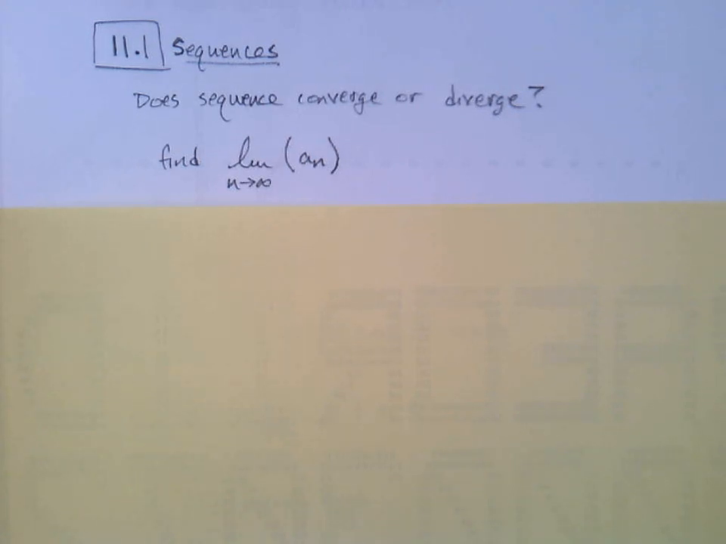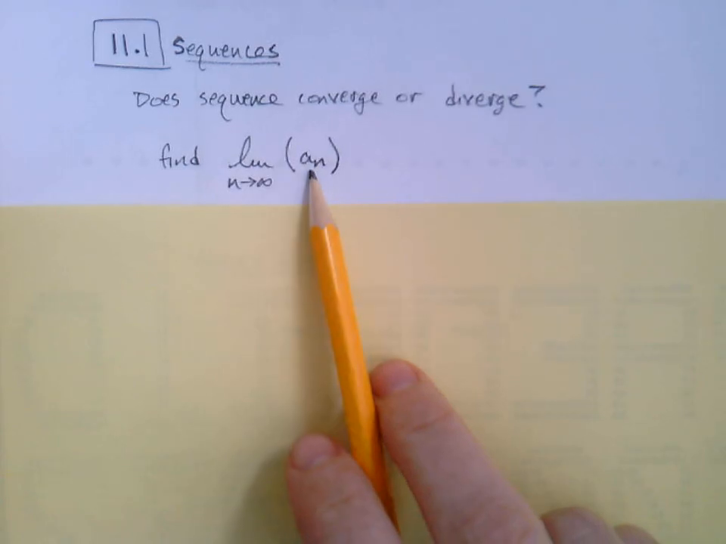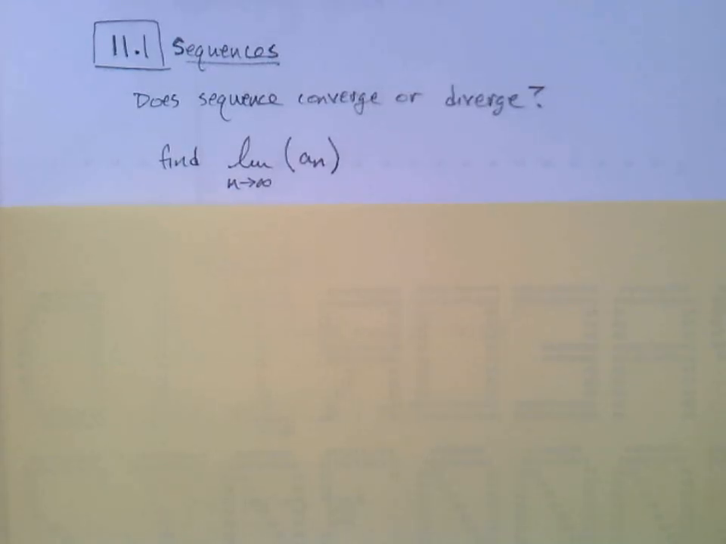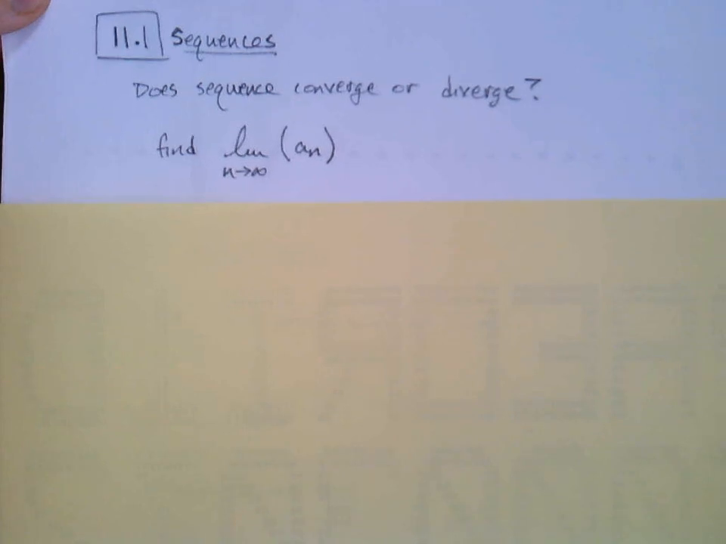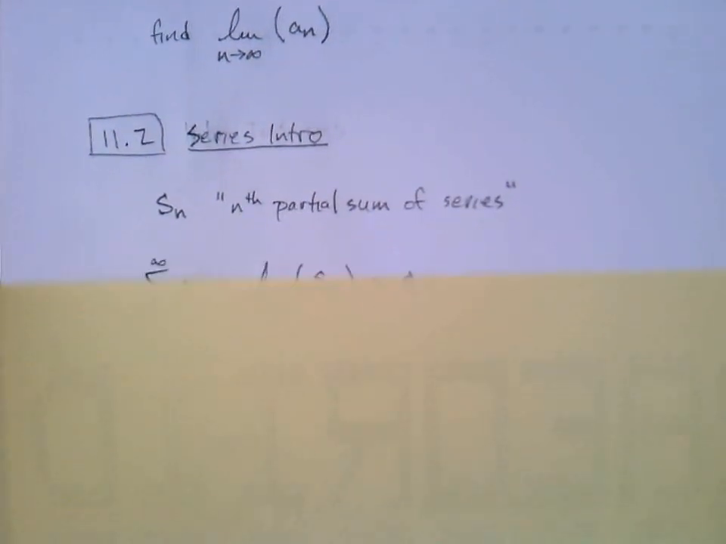But we did it for sequences too, and the way we do it is, we take the limit of the nth term as n goes to infinity. And if we get a finite number, then it converges. If we get infinity or negative infinity, or maybe even does not exist, then it diverges. Okay, very nice. In 11.2,